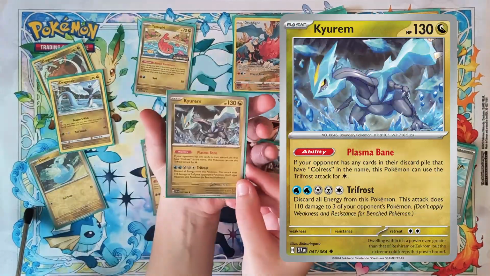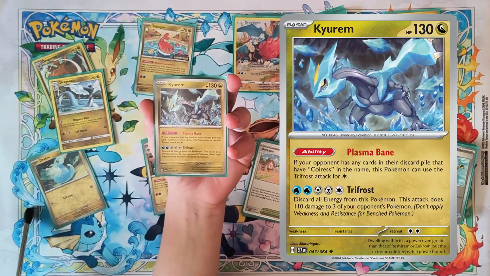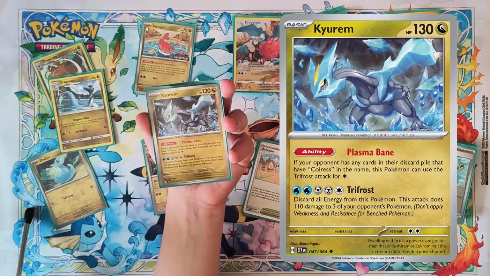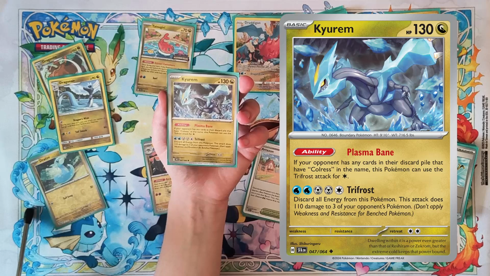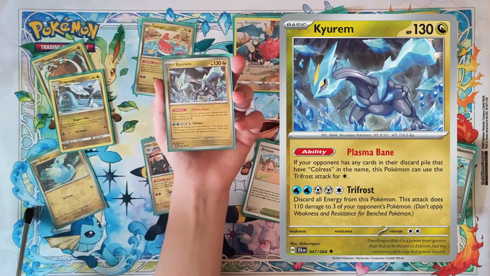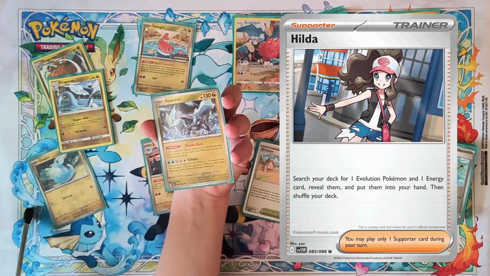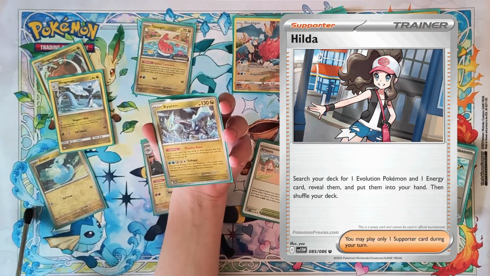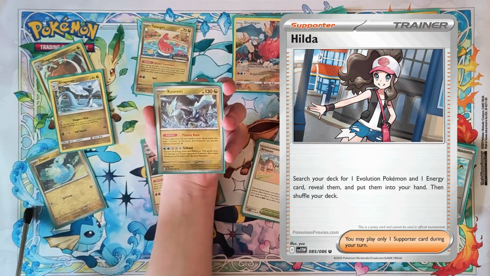Kyurem was a pack-in specifically for the night, even though it didn't see any play, since a handful of people were playing Colress cards, and Kyurem into an unassuming player will get potentially a checkmate scenario. Though honestly, this slot is going to become Hilda when that comes out. Hilda is a really good card, especially for Evolution Dragon decks, since it will get an Evolution Pokemon